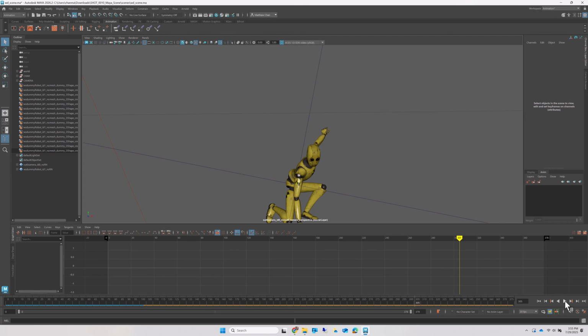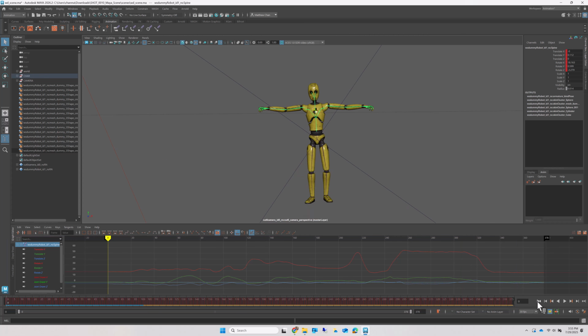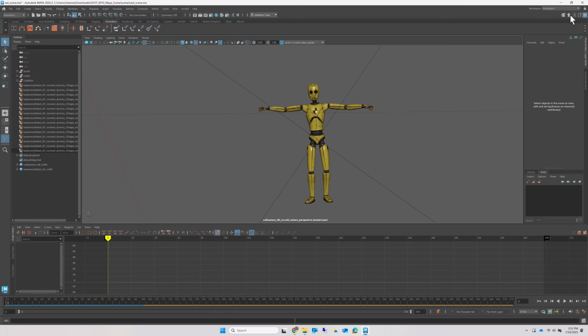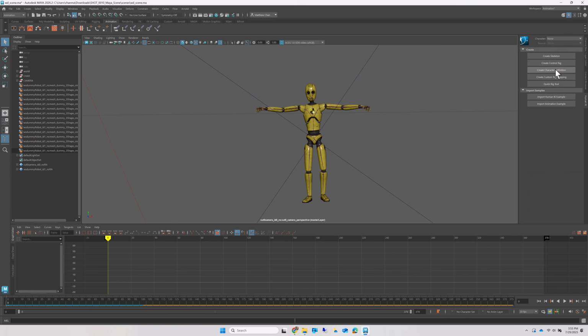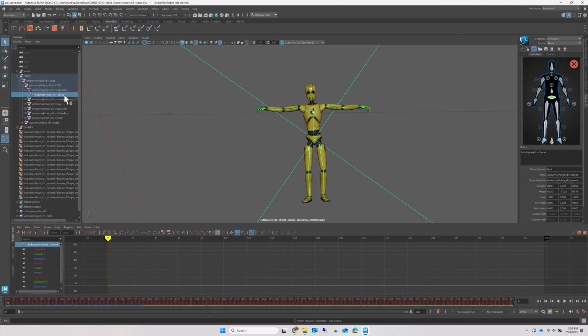Now that we have our animation in Maya, we can make whatever tweaks we want to it. However, that's easier said than done since the rig is nothing but a bunch of bones with keyframes on them. But thanks to Maya's human IK system, we can actually get a usable rig out of this pretty quickly. I'll just create a new character definition, assign the root to the root of my character, and since Flow Studio outputs the skeleton with human IK compatibility in mind, I can simply assign the rest of the joints using load character definition template.